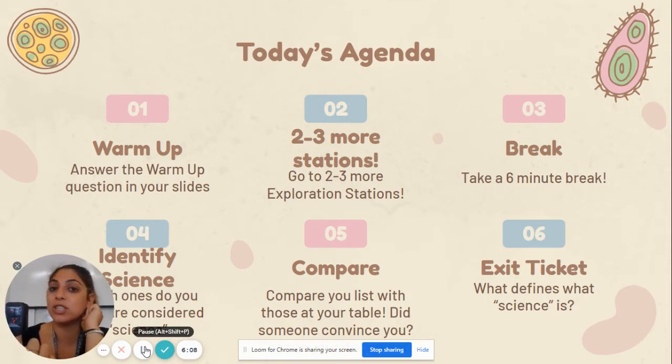Whatever questions or observations or any sort of details or notes that you're having while you're interacting with this, you're going to want to be writing that in your exploration station document. And remember that you should be getting to 3 to 4 total by the end. You're going to have a chance to take a look and then do things, right? So if you're sitting down, what does your number look like? What happens if you do jumping jacks? What happens if you start sprinting? What happens if you take a little nap?